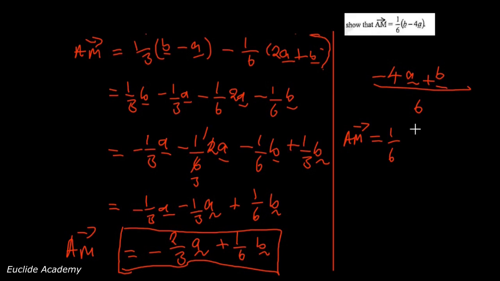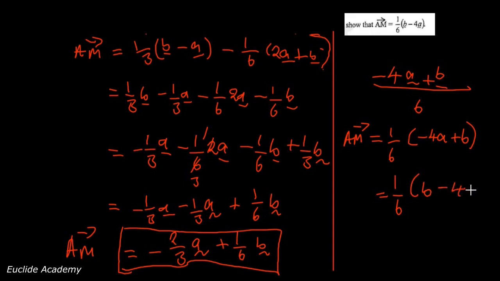So here we remain with negative 4a and then plus b. Now here we see that what we have in this equation actually is b minus 4a, and here we have minus 4a plus b, which is what we've already done, we've proved. So the only thing is just to rearrange: 1 over 6 is equal to b minus 4a. Okay, so this is the proven